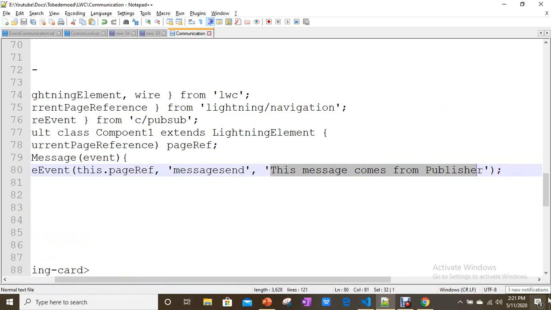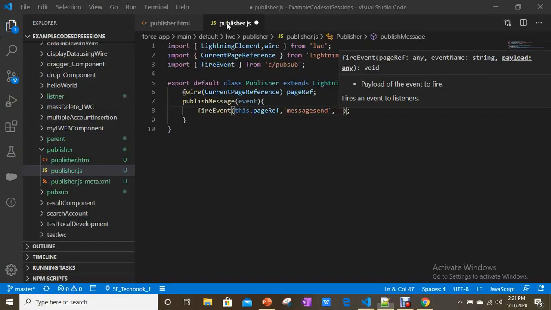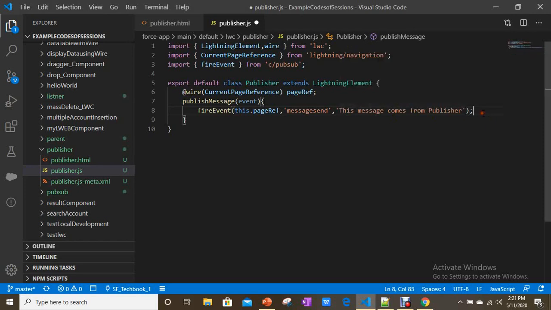This message comes from the publisher simply. I gave a static message. You can give a dynamic message. The only thing you have to know is how you can fire the event by passing the message. That's what you have to know. So now whenever you know this kind of thing, then you can apply it for your real-time things also.